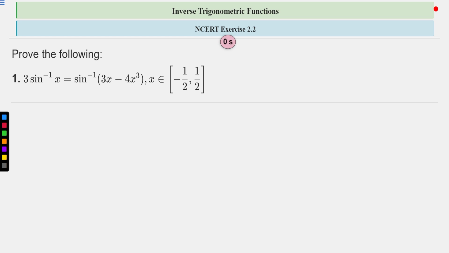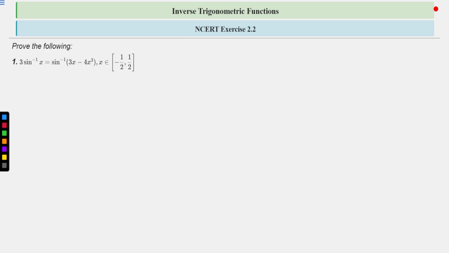So what we need to do here, so let us start with the solution part, right? The question is we have to prove this 3 sine inverse x is equal to sine inverse 3x minus 4x cube when x belongs to minus 1 by 2 to 1 by 2, right? Clear? So let us move to the solution part. As we have discussed, to prove 3 sine inverse x is equal to sine inverse 3x minus 4x cube when x belongs to minus 1 by 2 to 1 by 2,